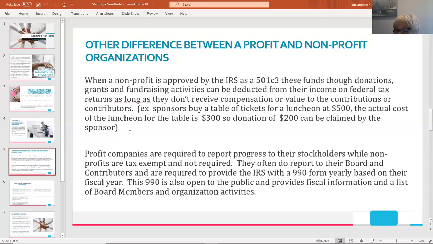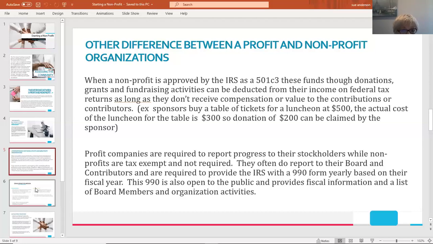You have to send a list to the board of directors, which I mentioned earlier, and also any organizational activities. This is then reported to the IRS, but there's a list of the nonprofits that is open to the public for public view. So it's important that the 990s actually go out on a public website, and therefore it's important that the board members again know that they have been declaring themselves as board members